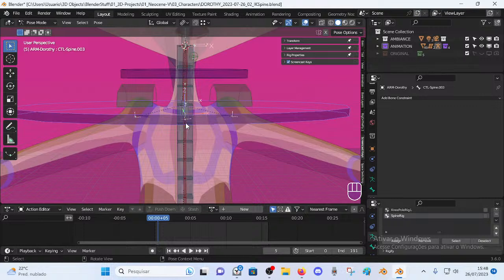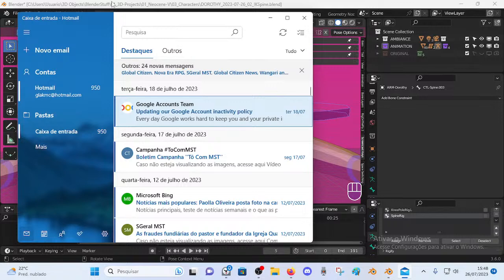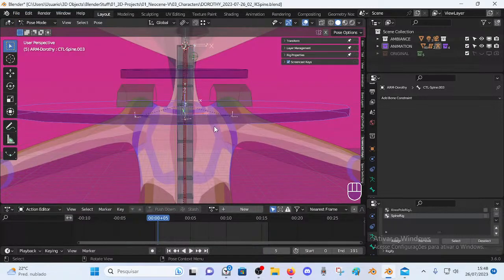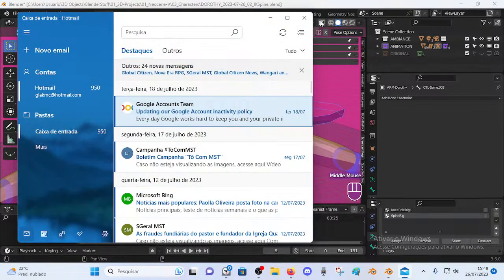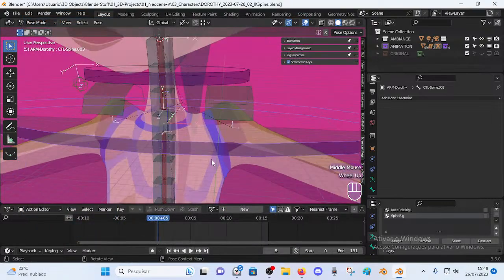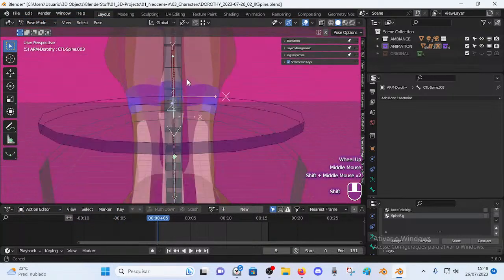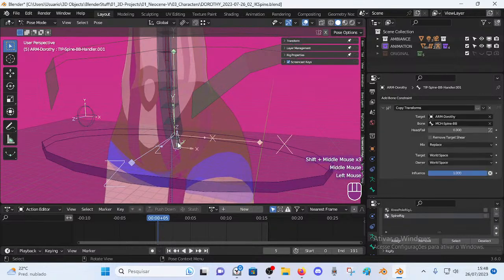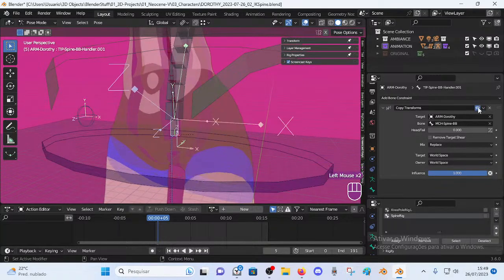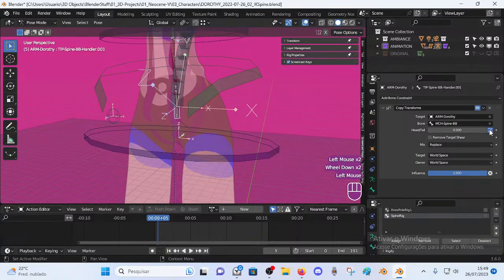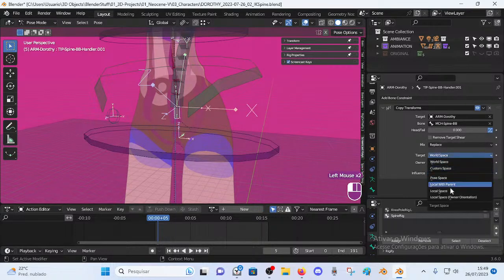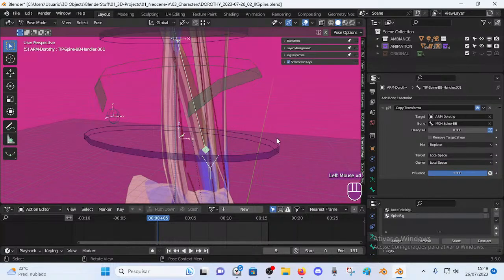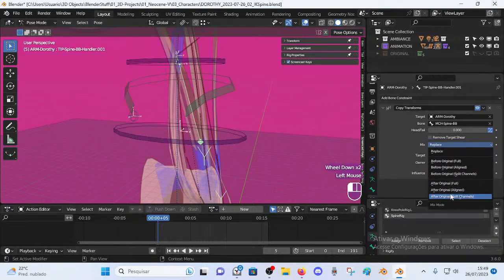Hold on, let me light up the room here because it was a bit dark already. Now let's try to get this thing going forward. Alright, so this tip, I'll enable it, I'll put that, and apparently, yes, local space, and something horrible is happening,